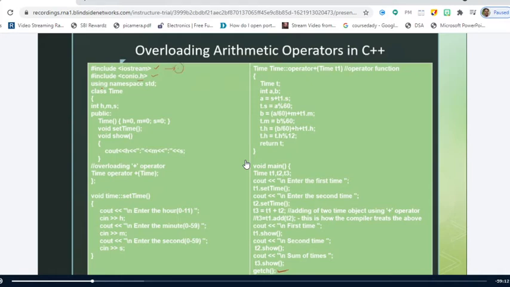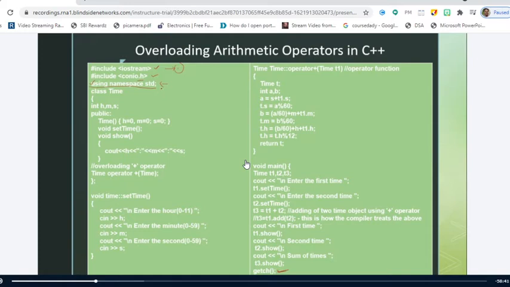And what about this using namespace std? std is the namespace. std means standard, right? We are making use of this standard namespace in this particular program. That is why we are using using namespace std. So what is the use of using namespace std? If we don't use it, are you listening?